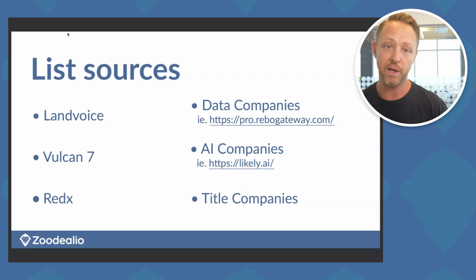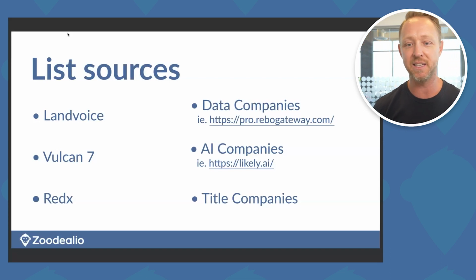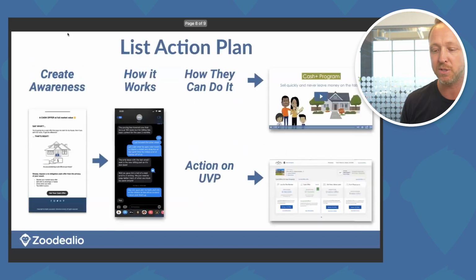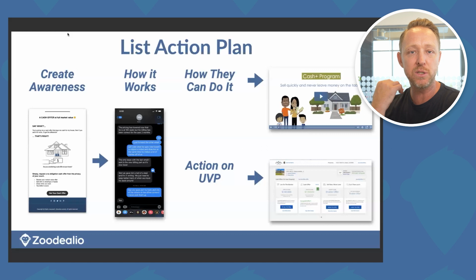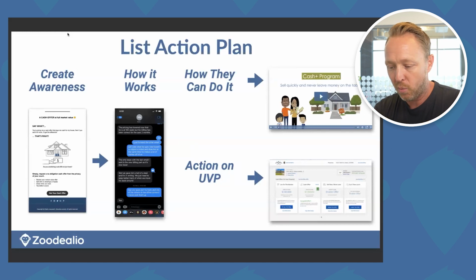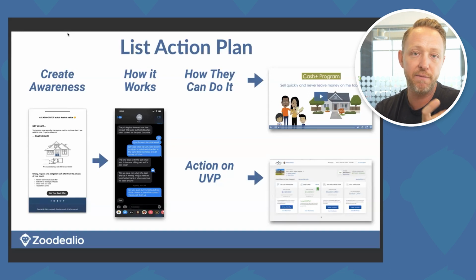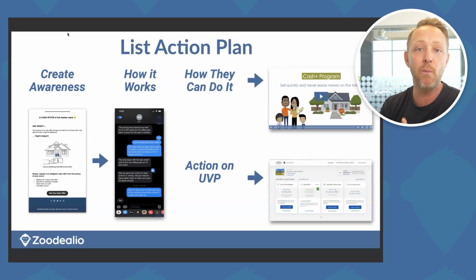And so this is where I want to invite you guys to uncontaminate this and get these people inspired to do certain things again, right? So what's that action plan? What does that ultimately look like? So what this looks like from a workflow standpoint is we want to be able to create that awareness, right? That's that top of funnel action. Then we want to build interest by engaging with them, educating them, showing them a feature or a benefit around what they're looking for. So such as a cash offer could pull somebody in.